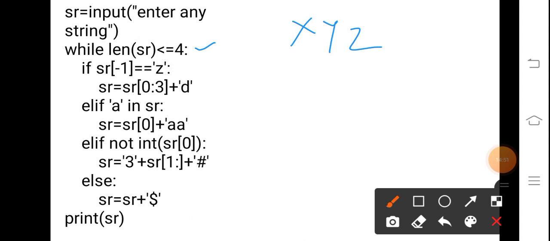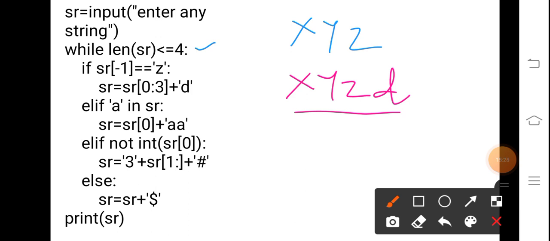Now check the condition here. Now what is happening? The first condition is true. So the string will be x, y, z, d. Then we will come to the next part, and the condition is again true for this because the length is again 4.